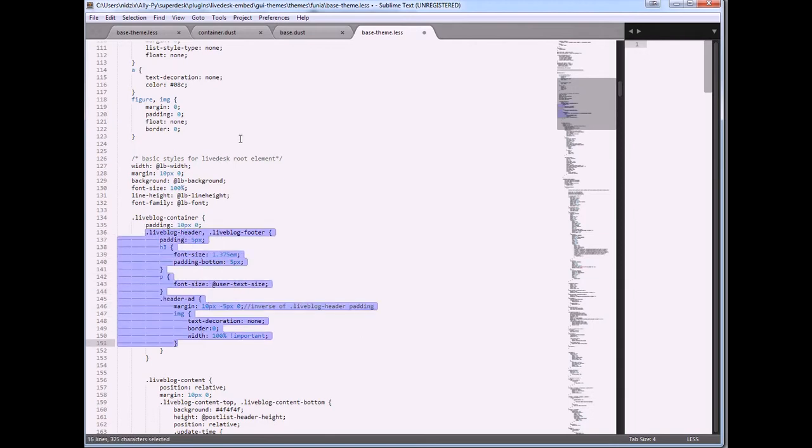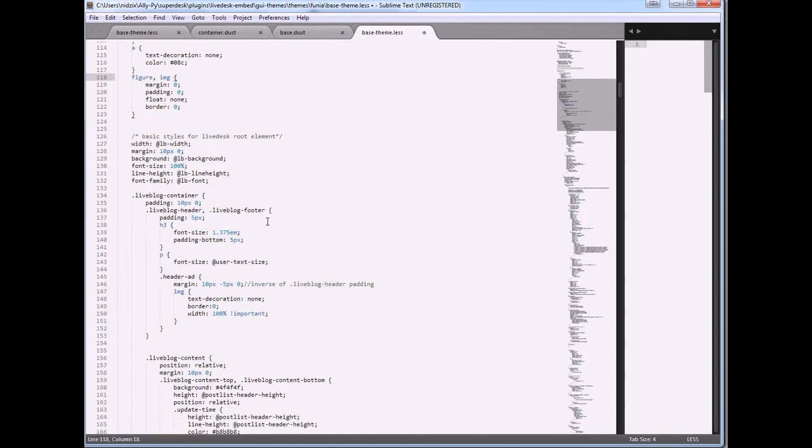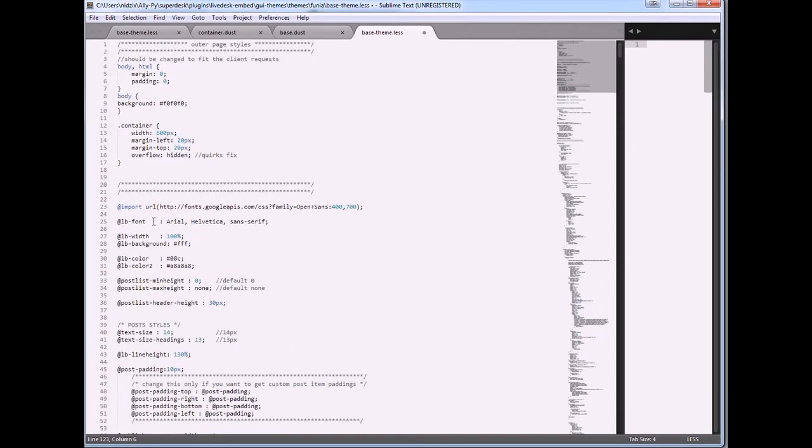Besides nesting, less syntax has the variable concept, which means that you can define a variable with a value once and use it as many times as you want. So for example, here we define a variable for font which we use in all other places.